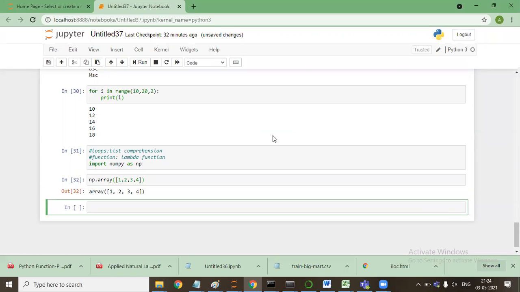So it will be an array. These arrays are passed like a list. So now it is a kind of a list only.